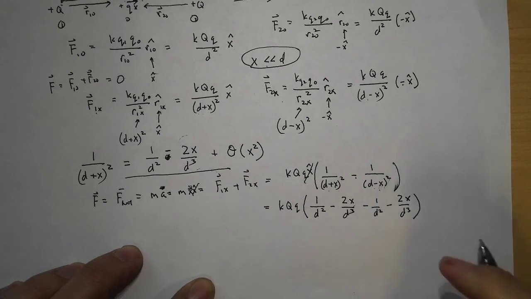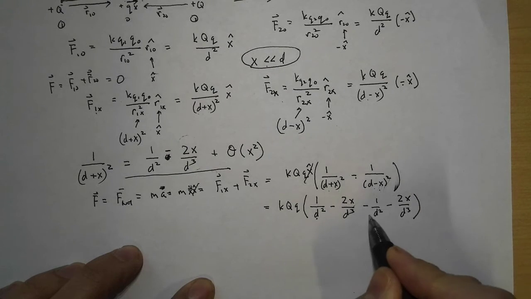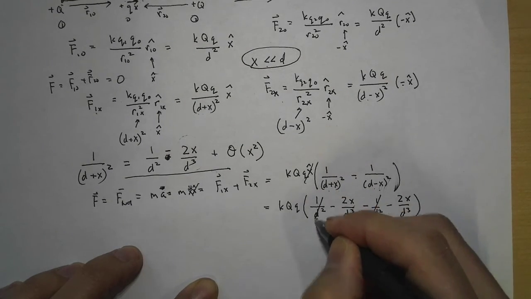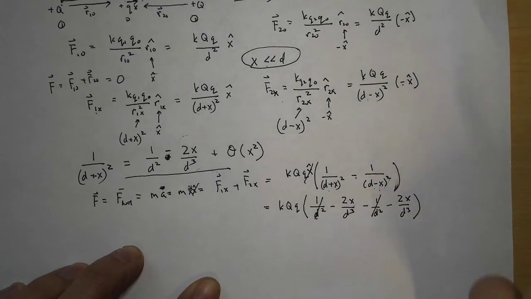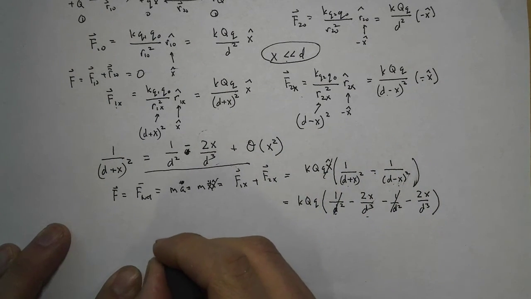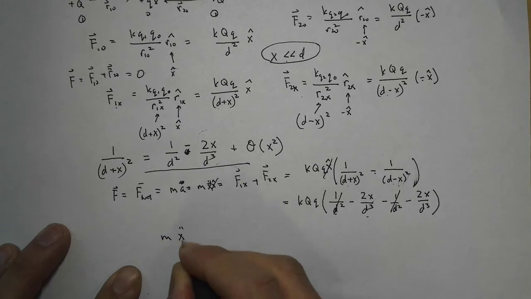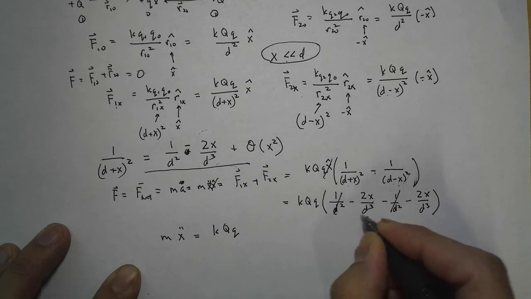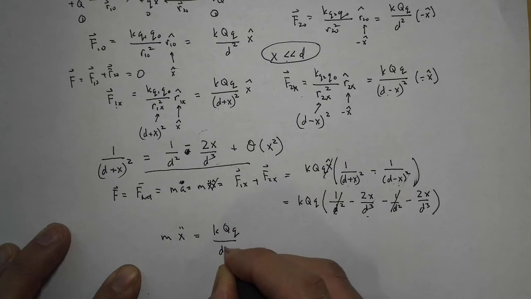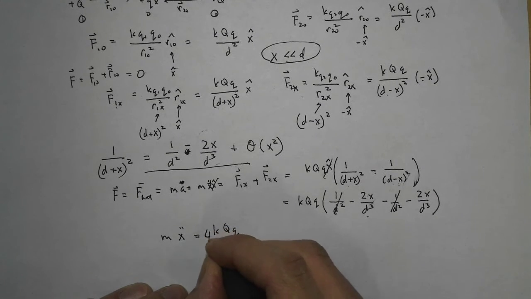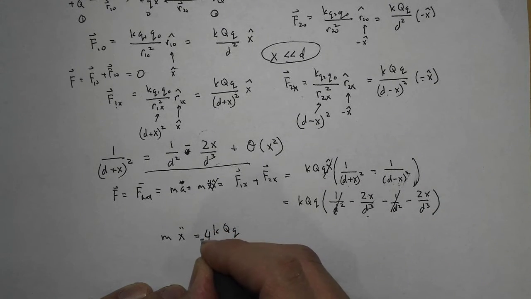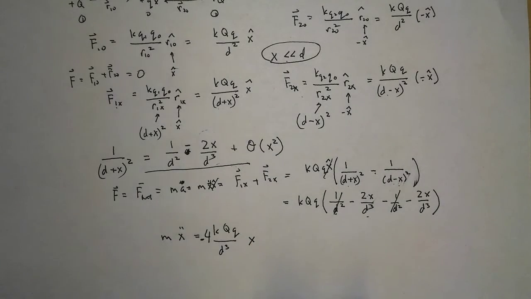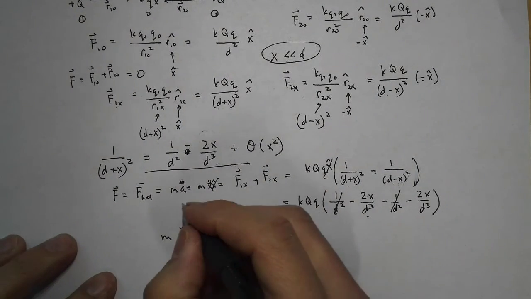Now let's look at this very carefully. Plus 1 over d squared minus 1 over d squared: these cancel out. This is the fact that you're very close to center, so they nearly cancel each other out. And these are the correction terms here. So this is going to be equal to m x double dot, which is ma, which is equal to k q Q. Let's bring out the d cubed here, bring out the 4 to a minus 4, bring out the minus sign, x. Now, if I divide by m here,